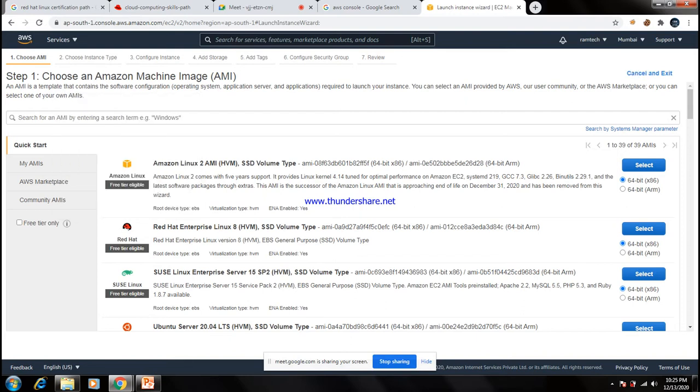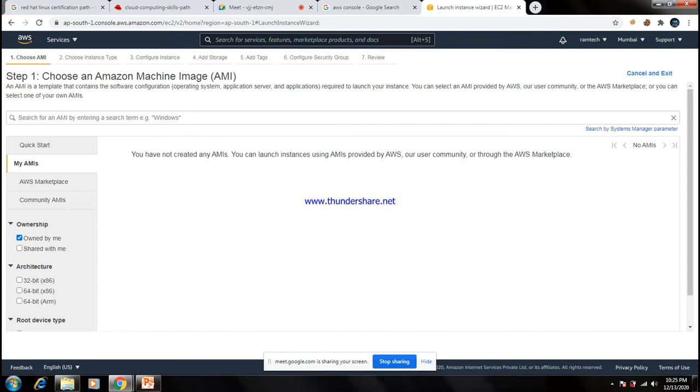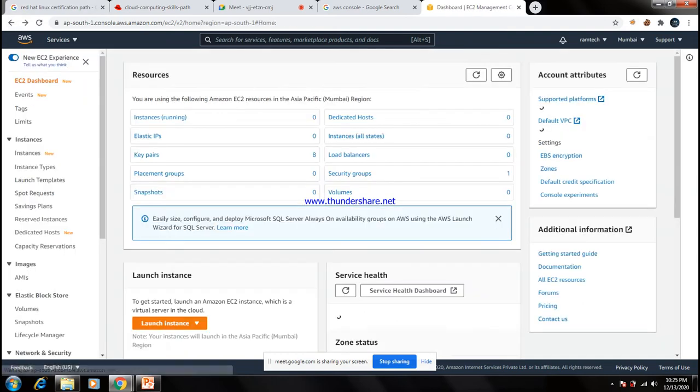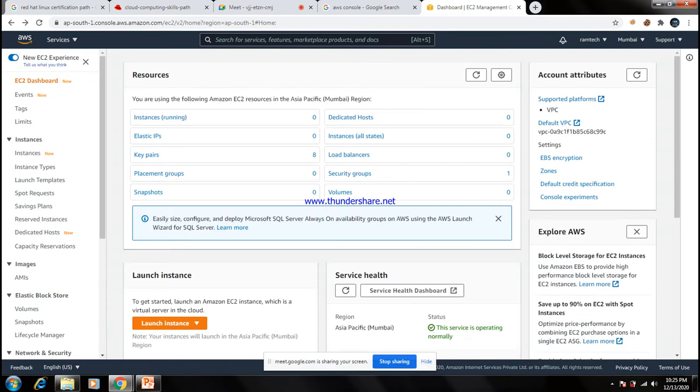My AMI lets you customize your AMI machines. For example, if you have a web server, you can create your own web server and publish it here also. That is called My AMI.